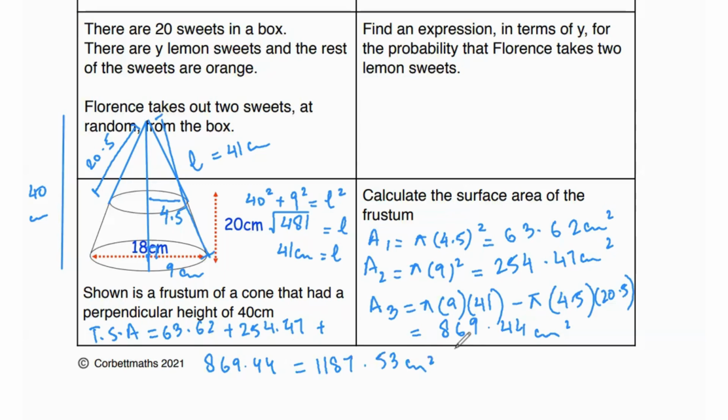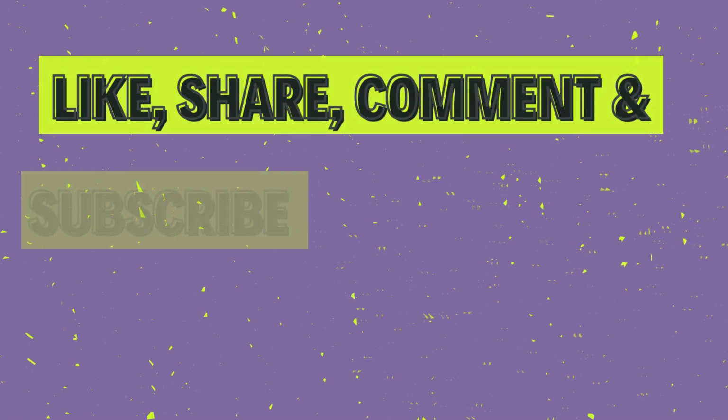So to sum it up, first we figure out the radius of the top part and the bottom part. Then using the perpendicular heights, we find the curve lengths for the entire cone and the cone that was cut out. After that, we find the area separately for the bottom part and the top part, which are basically two circles. And we find the curved surface area of the entire cone and the cone that was cut off. And using that